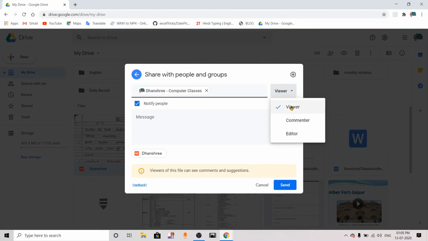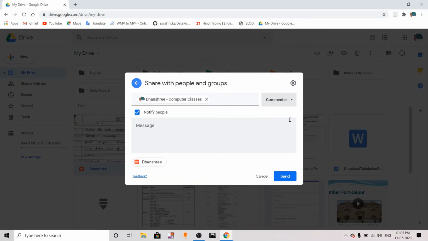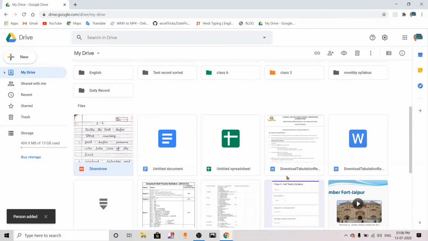So I will select commenter, because I don't want anyone to make changes in my file, and I will click on send. This email address will get an email that this person has shared one file with you. This is the first option. If you know that person's email address, you can use this option.